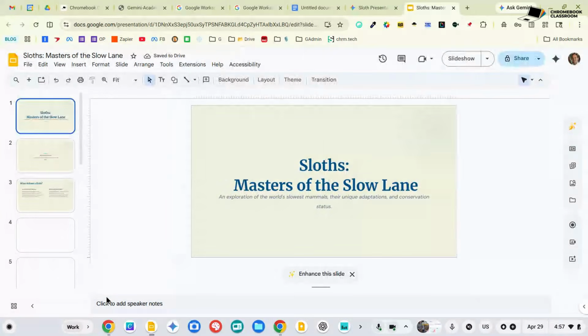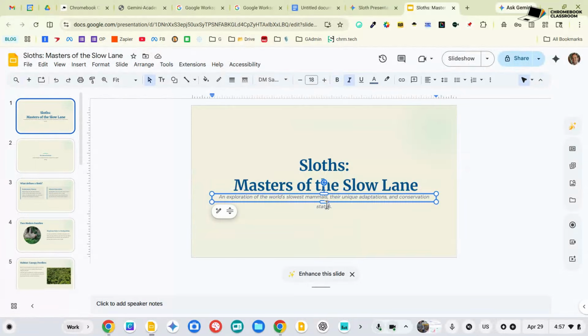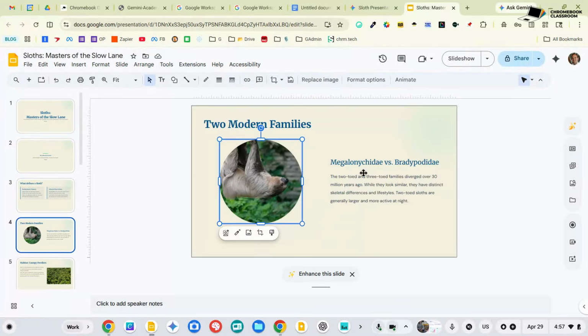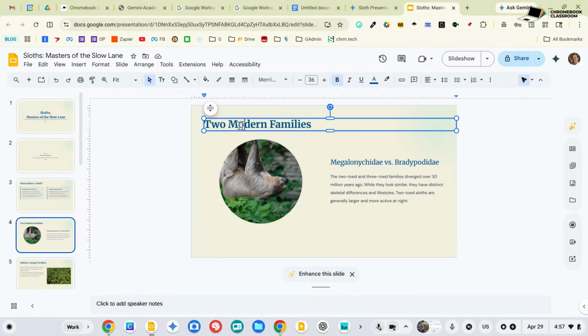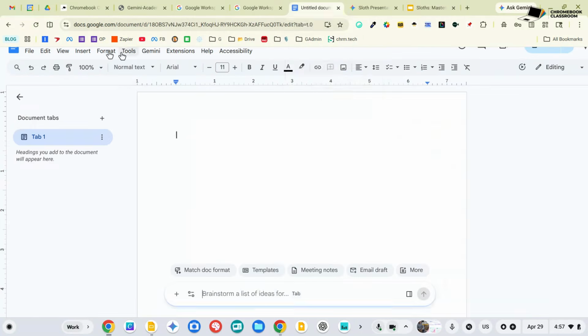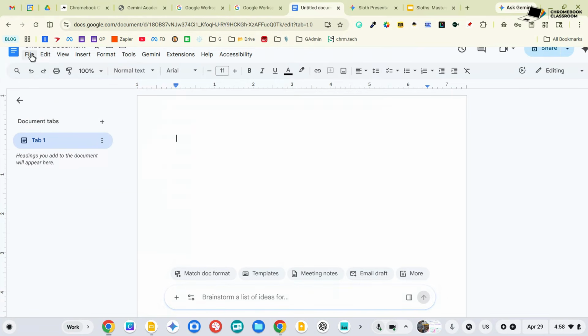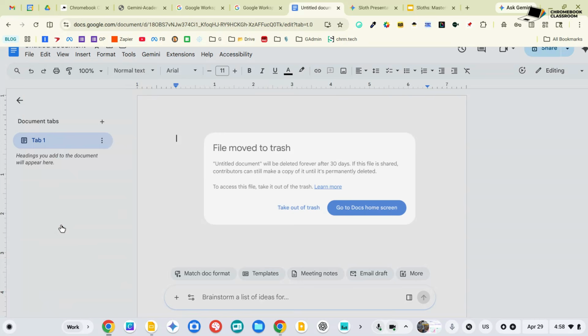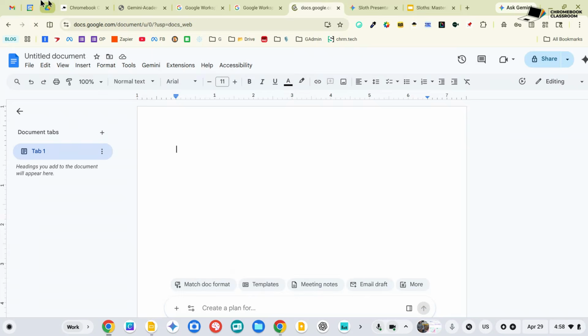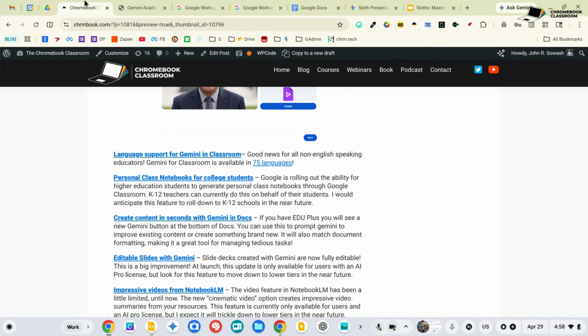So I just exported my Gemini creation to slides. And now you can see, this is all full text or rich text. I've got my images. If I don't like that image, I can swap it out. You could not do that previously without basically having to start over. So that's a good update. That is available for everyone. Just go to the Gemini app, ask it to create a slide deck on whatever, and off you go.